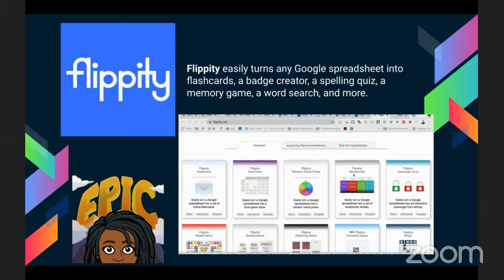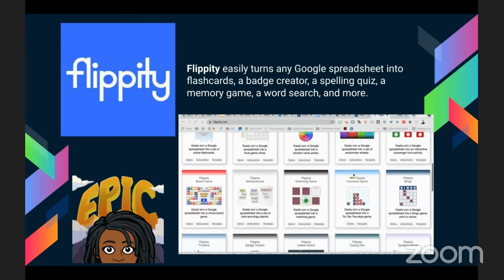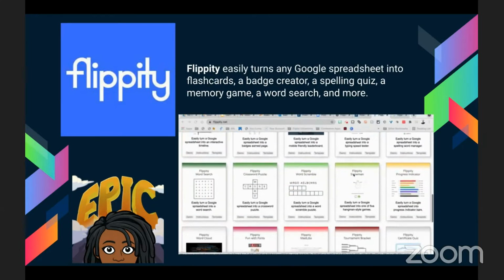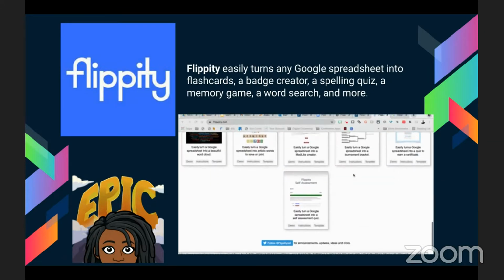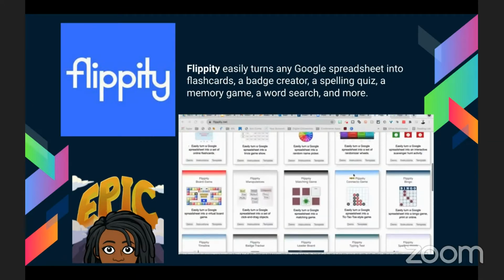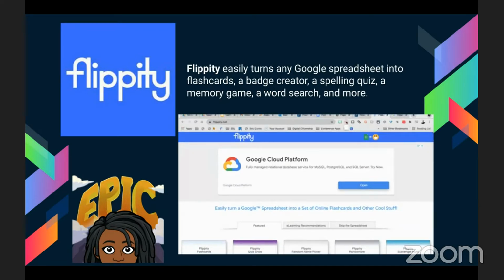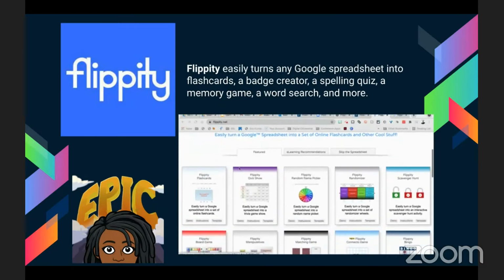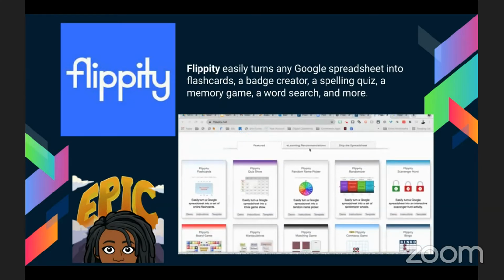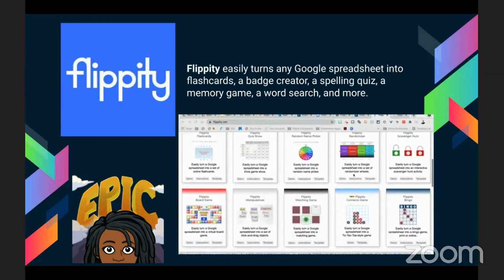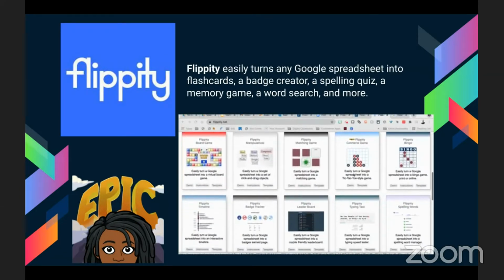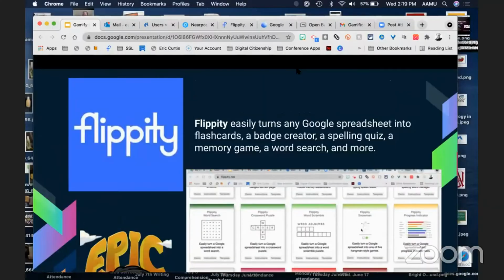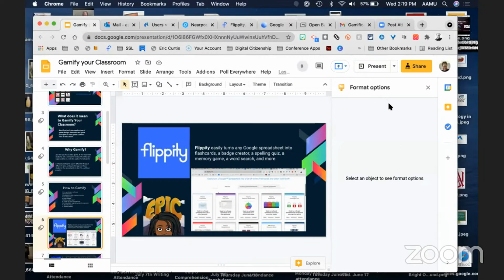So before we move on, if you have ever done a session with me, you will know that I am very much known for leaving my presentation and going directly into the software, okay? And that's what I'm going to do. So I'm going to leave my presentation. We're going to go into the software, and I'm going to show you how this works. And then I'm going to give you an opportunity to go in Flippity and try some things out for yourself, okay? So if you just give me a minute, I am going to leave my presentation and I'm going to go to Flippity.